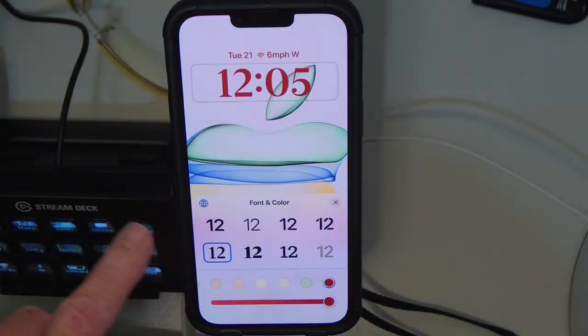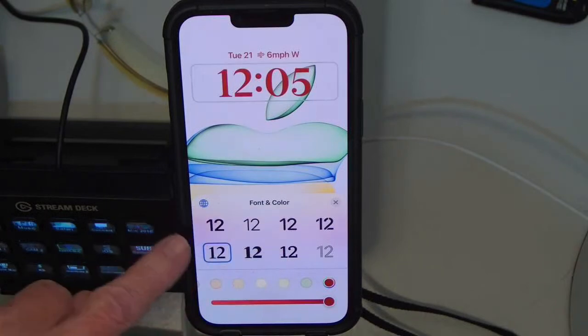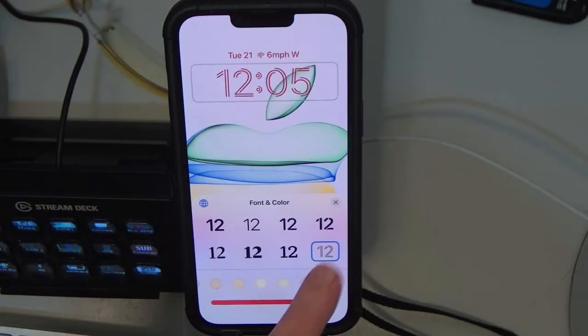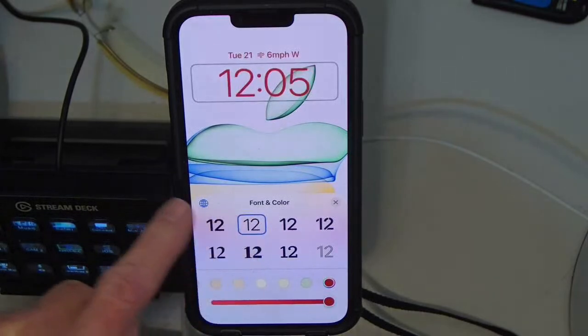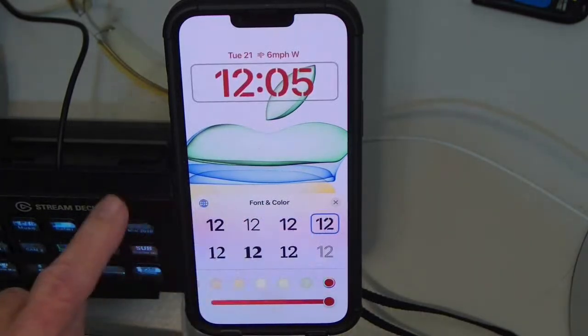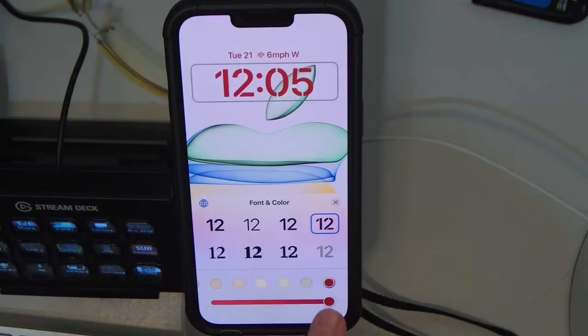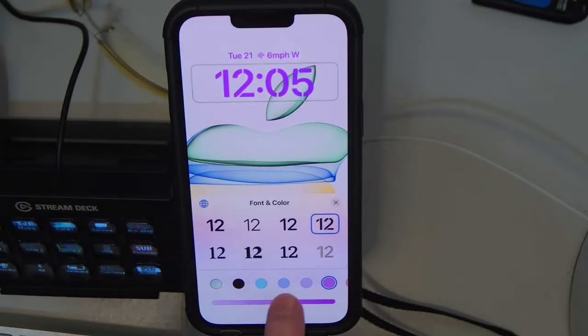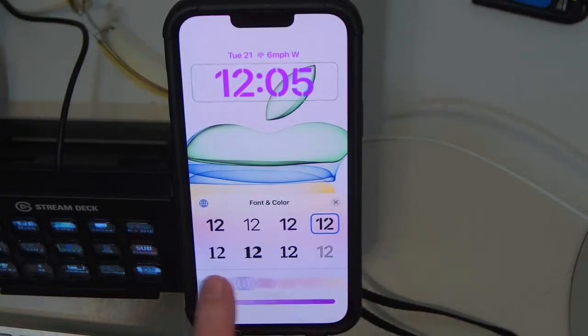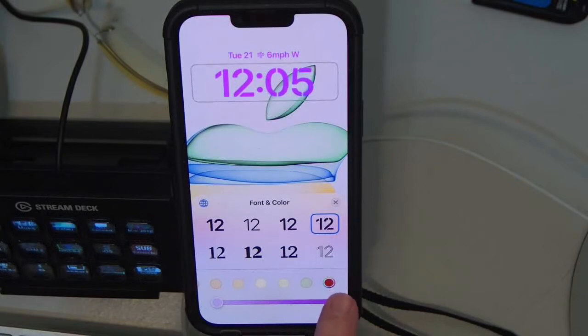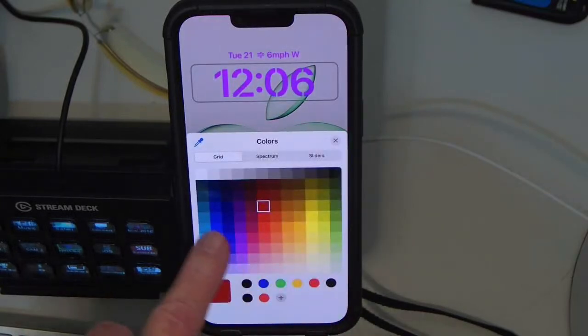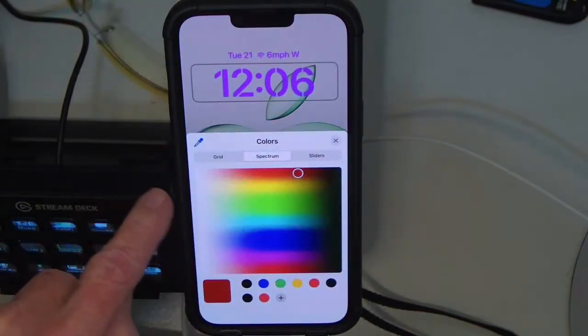So here we have the time. We have 8 different fonts we can use. Just simply touch those to change the font. And then you can change the color down here. You have different colors that you can choose. Once you choose a color, you can adjust the hue with this slider at the very bottom. And then if you scroll all the way over to the end of the colors here on the right, you can get into the color grid, the color spectrum,